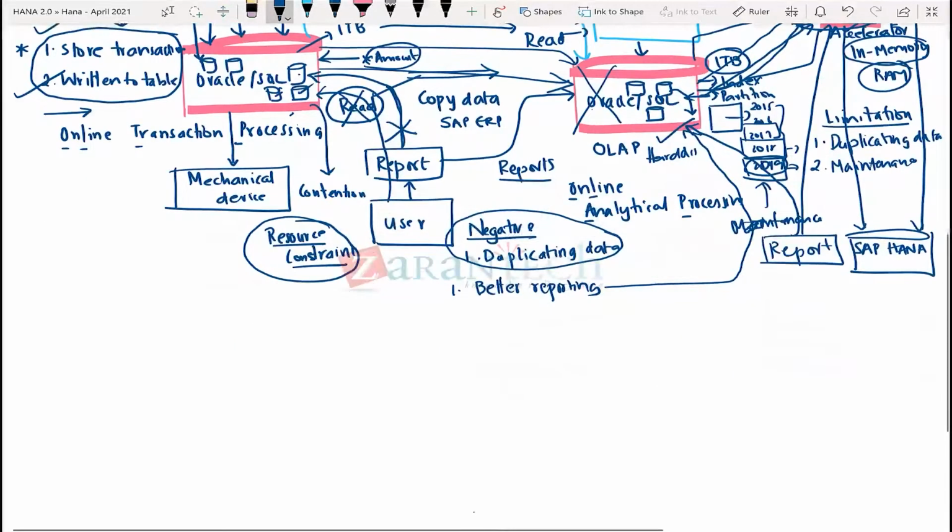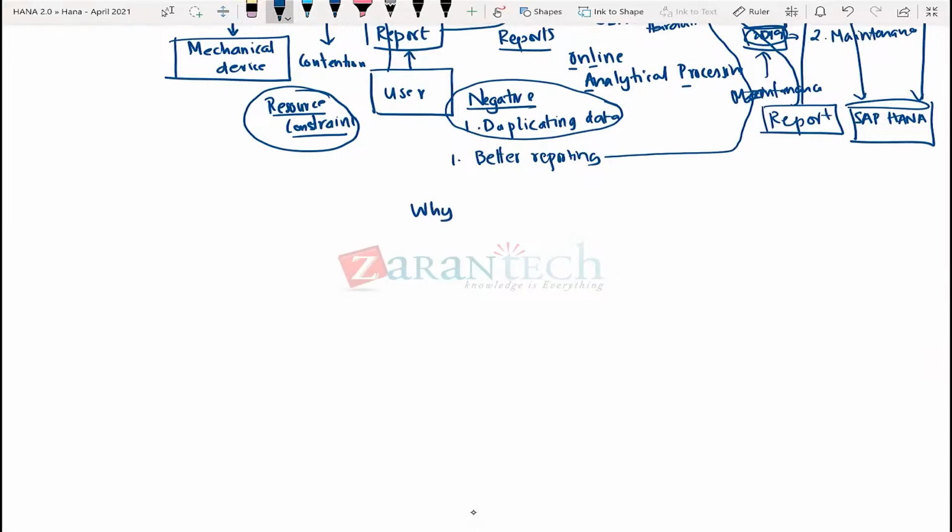All right. So now we understand the why. BWA was a big issue, and in order to solve that problem, I'm now solving two problems with one product. I could not have sustained the continuous growth of volume by using a BWA, because I'm going to duplicate the data. I'm going to maintain 3 different systems: the OLTP system, the OLAP system, and my in-memory BWA system. It's not going to be a sustainable approach. So that is the reason why SAP came up with a newer product called SAP HANA. But